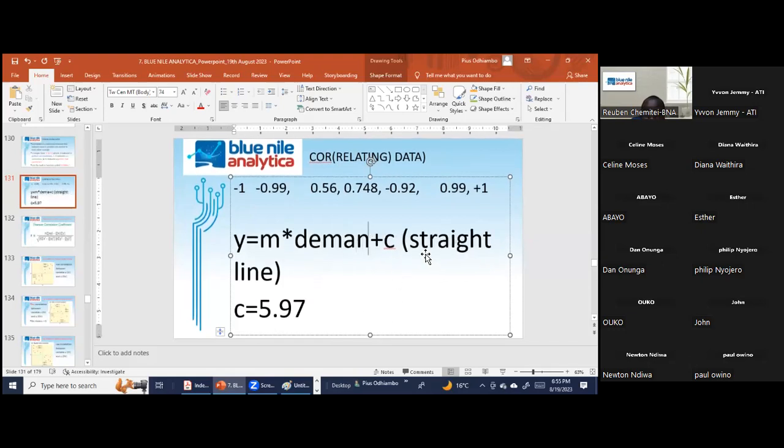And then you add the c, which is the constant. C is the constant, sorry. C is the constant. So we are going to have 5 point, plus